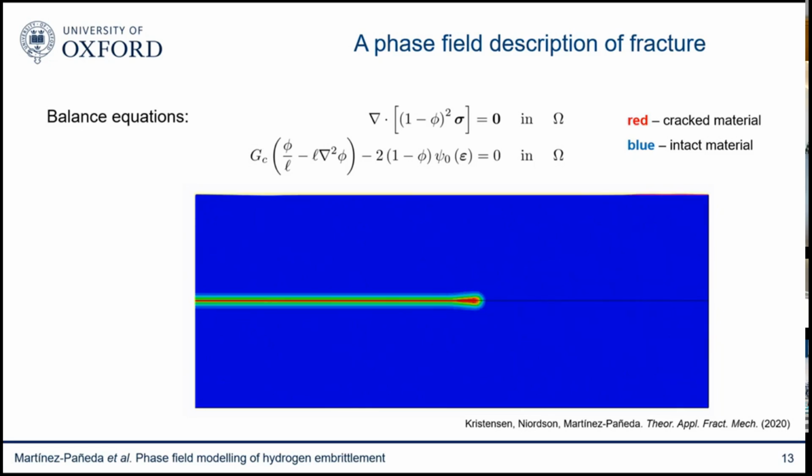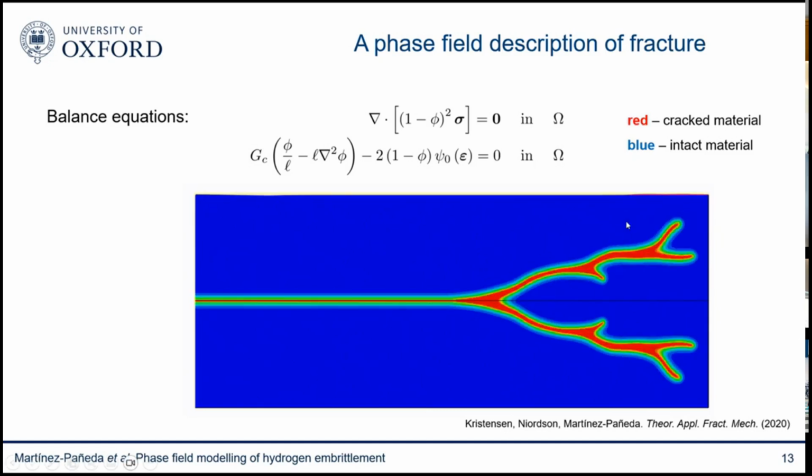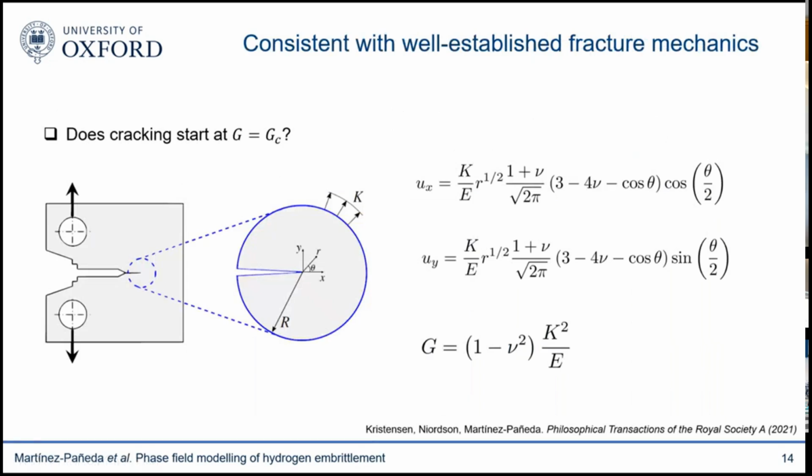And by the way, let me emphasize that following what is typical in the phase field community, I'm going to use red color to denote cracks and blue color to denote intact material. So whenever you see red things happening, those are cracks. Okay, well, we said that mathematically this is based on Griffith's energy balance, so it should be well in